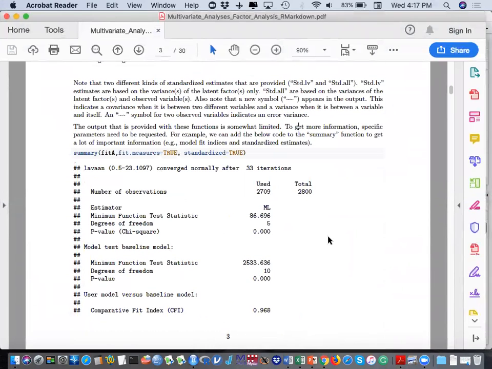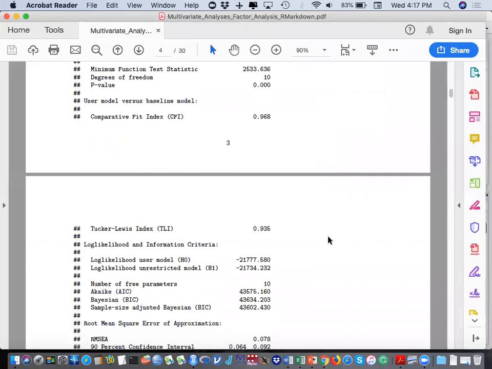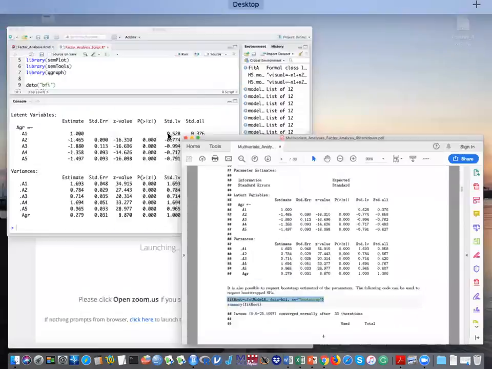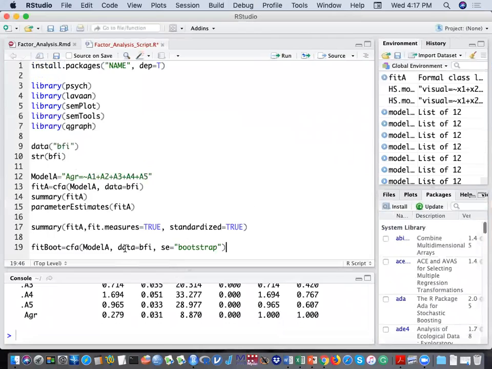And you can do some other cool things. Like I mentioned, this is the basic chunk of code I use when I'm looking at CFA models, but you have lots of options in terms of the parameters you can request. Another thing you can do is bootstrap some of your estimates. If you recall, we're getting estimates of standard error here. We could actually bootstrap the standard errors if we wanted, and it's as simple as telling R that we want to request that information. So that's this se equals bootstrap. If we ran that,